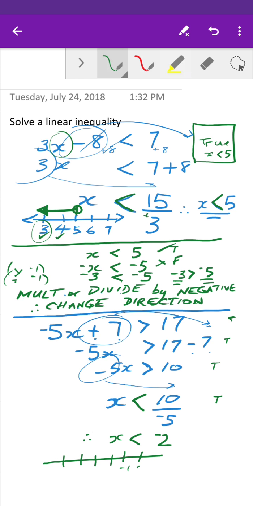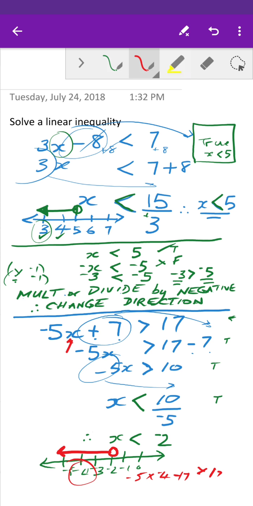So all values less than negative 2, let's have a look at these. So let's put negative 1, negative 2, negative 3, negative 4, negative 5, a number line, and let's just say all the values less than negative 2 will be true. So let's pick any one of these. Let's pick negative 4. If we put negative 4 in here, this should be true. So negative 5 times negative 4 plus 7. Is that greater than 17? So let's have a look. 20 plus 7 is 27, and 27 is greater than 17. So yes, we have